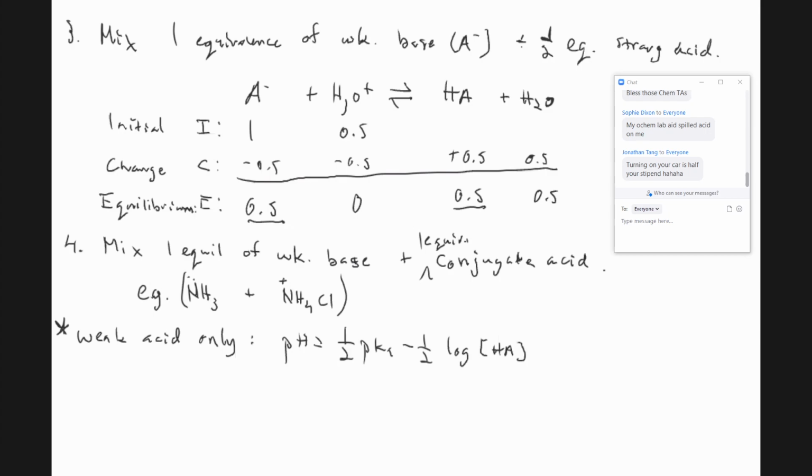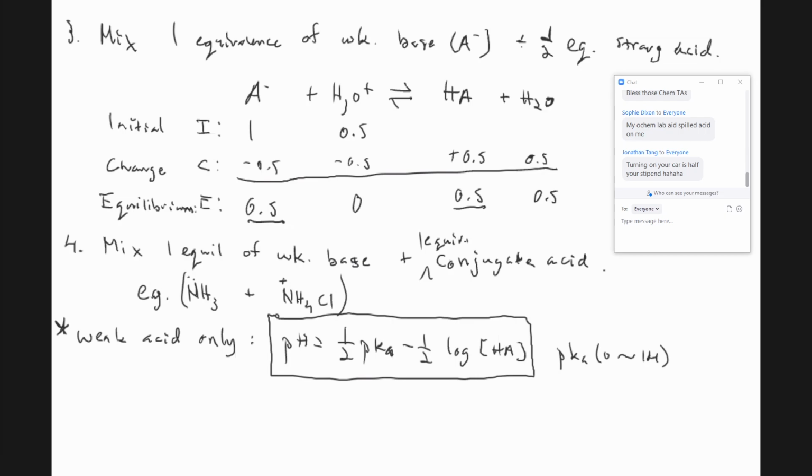And I used to love this equation. I can't tell you enough how much I love this equation. It's so awesome. It saves me so much time. I would love using it every time I have a multiple choice test, because I don't have to show my steps. Because if you think about it, if you were given some pKa,